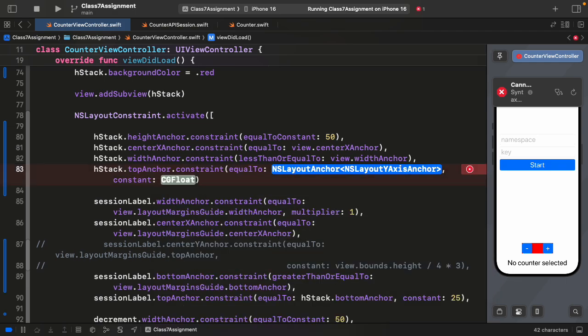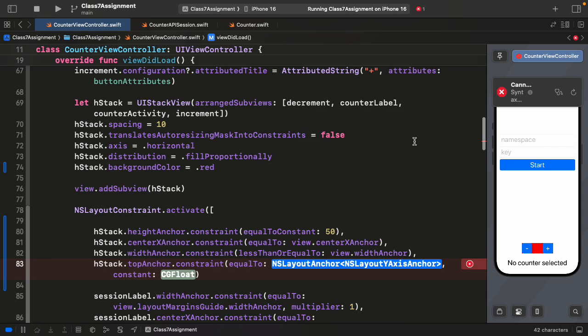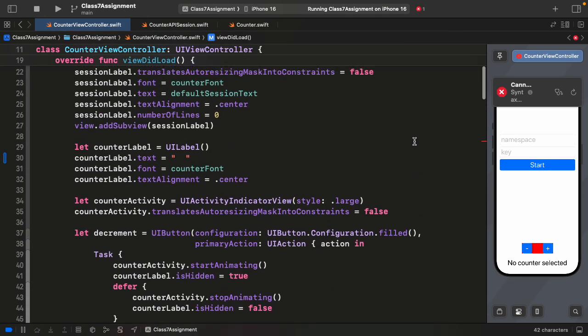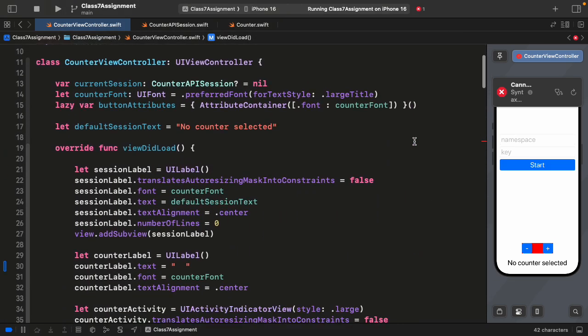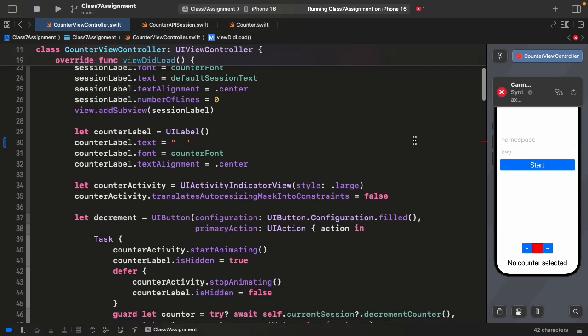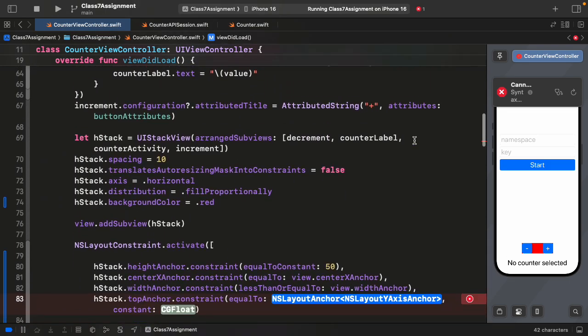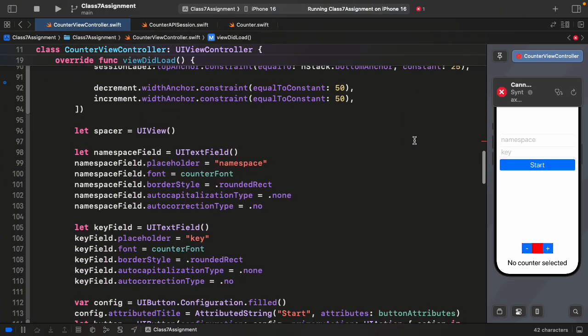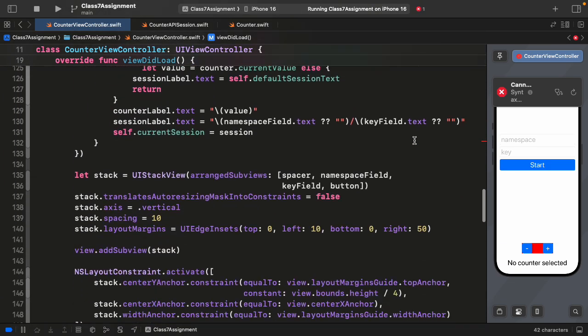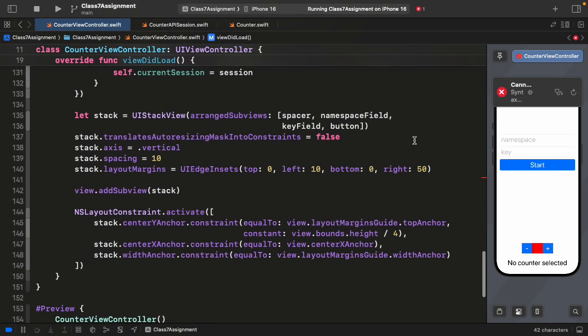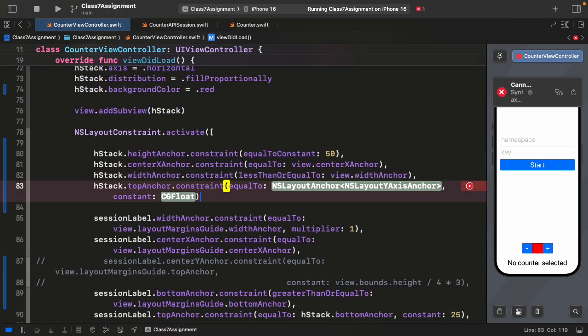And we're going to make this equal to the start button, where's that? Just want to make sure I have the right name for it. Where are you, start button? You're around here somewhere, I know it. Oh, have you not been made yet? You have not. Okay, cool, that's fine. We're going to move this constraint down